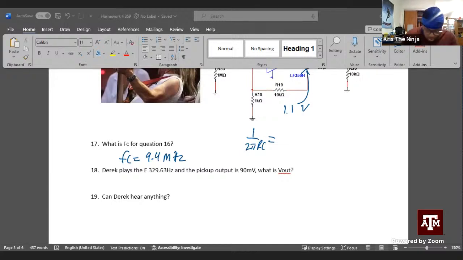329.63 hertz, so 329.63 times 1.6 negative 12 over that gives us a huge resistance of like 301 mega ohms. And then do, what was it, XC over